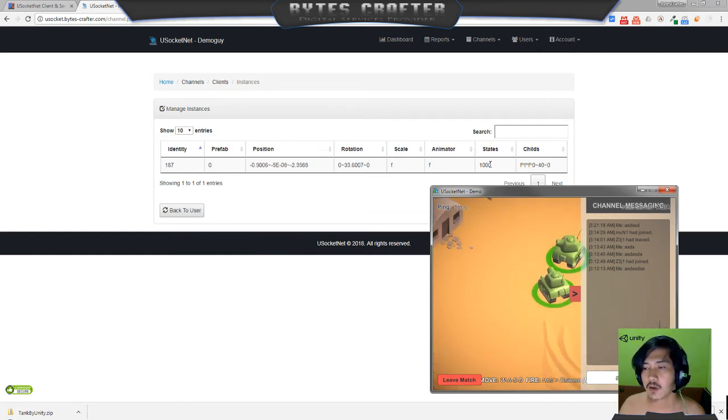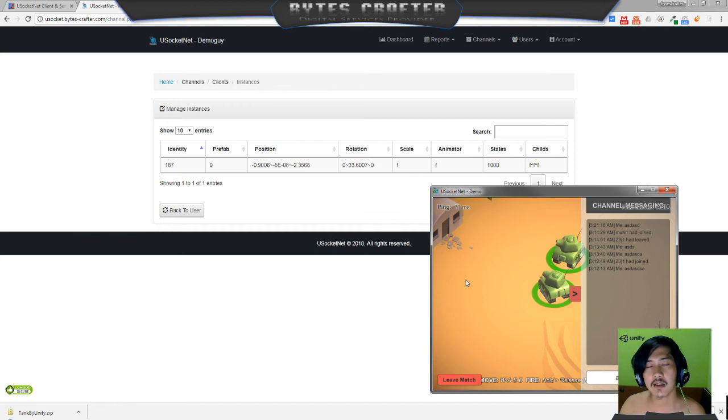This is the states that I'm talking about. So basically, these are the categories that you can enable. You can enable position, rotation of the parent, scale of the parent, animator, a specific animator inside the parent or below in its child.